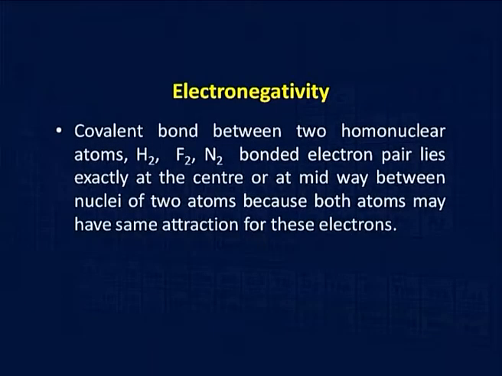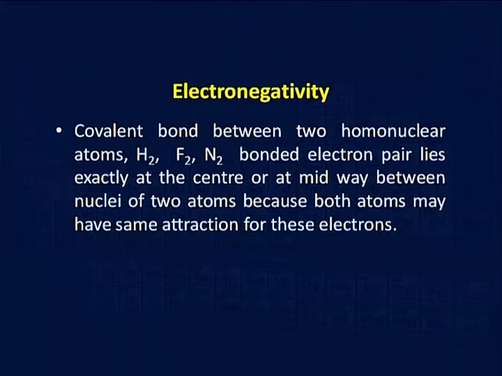We know that a covalent bond is formed by the sharing of electrons. When electrons are shared between the same atoms, that is, in a homonuclear molecule like the hydrogen molecule H2, fluorine F2, nitrogen N2, or chlorine Cl2,